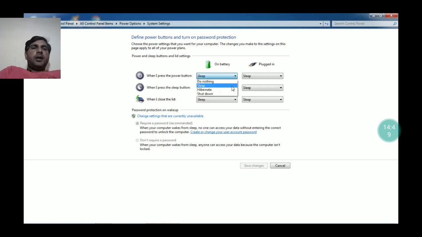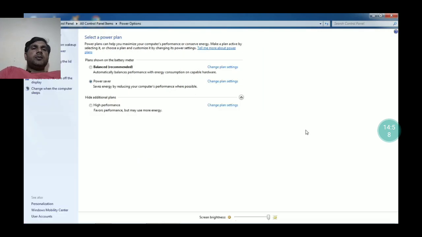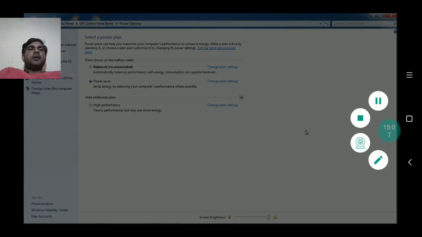After that, when I press the power button, now it changes to hibernate. So in this way we can change our system to hibernate mode after pressing the power button.